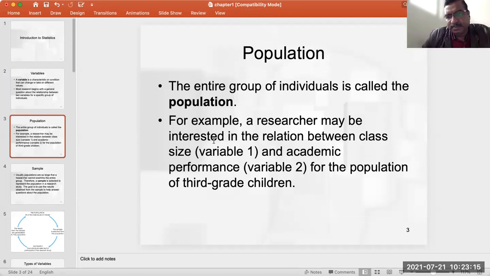That may be an area or topic of interest for someone. What should be the optimum class size, 25 students per class, or 30, or 50 students per class? That depends. So in that case, all the classes would be the population, but you can't do the research on all classes, so you have to take some samples.